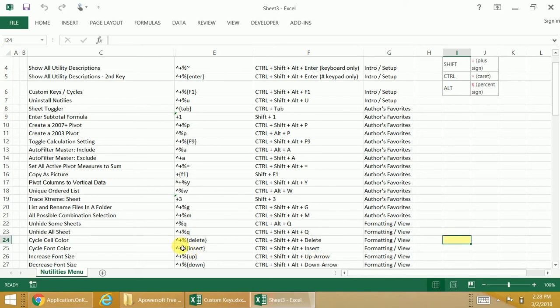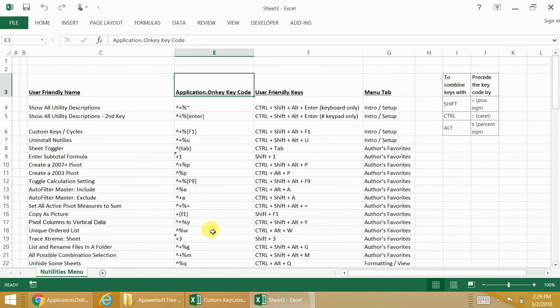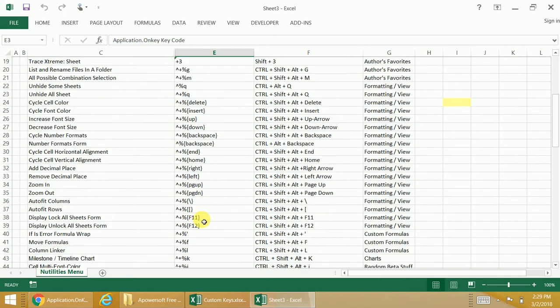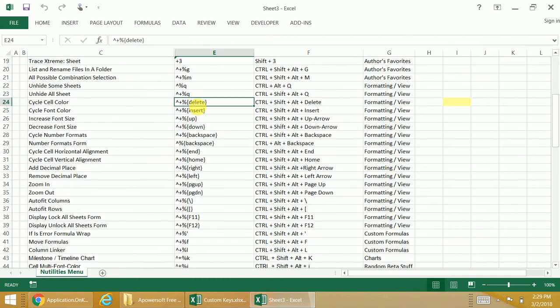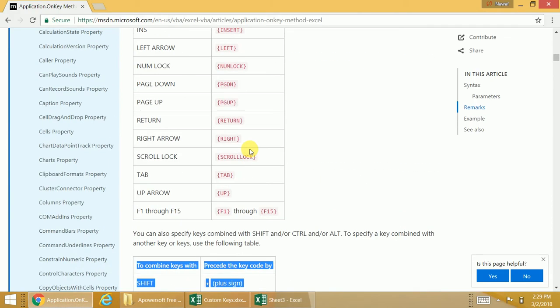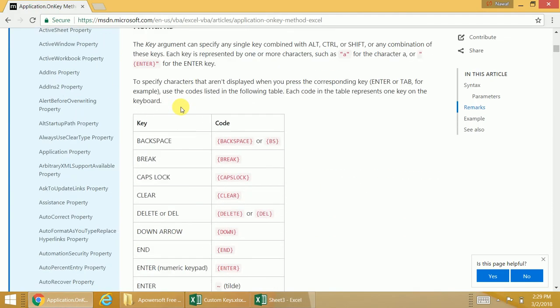To make that happen, I would want to change it to caret and then delete. Delete requires you to put delete in this specific setup here, and that's actually referenced on the Google page. When you want to reference these special keys, it tells you the code for those special keys. So like caps lock is that, and you can see delete is this thing. So to make it Control Delete,